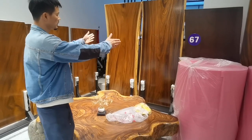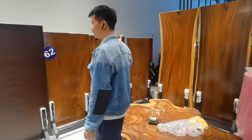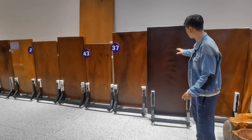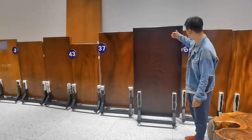2 meters long, 90 centimeters wide. Natural edge, very popular in USA. This one is straight edge, for your kitchen island, kitchen countertop. This one is